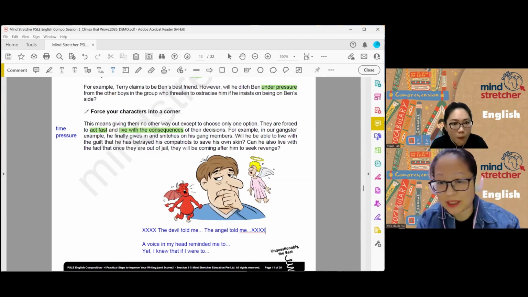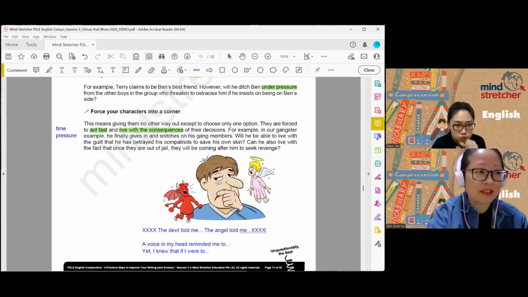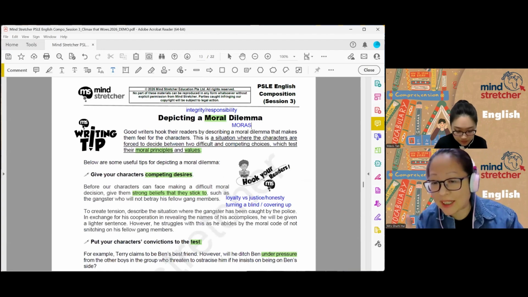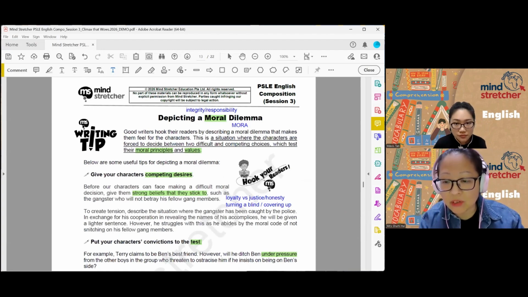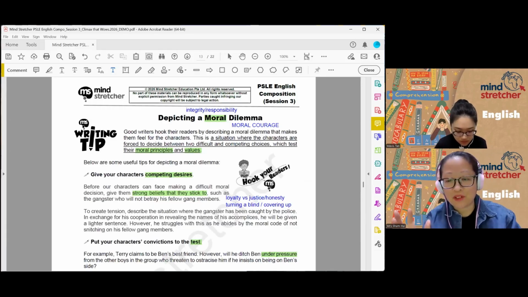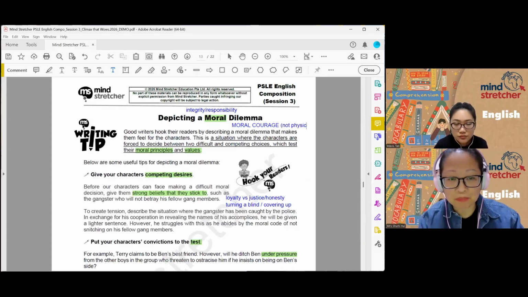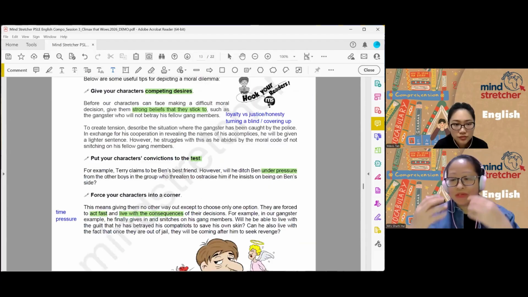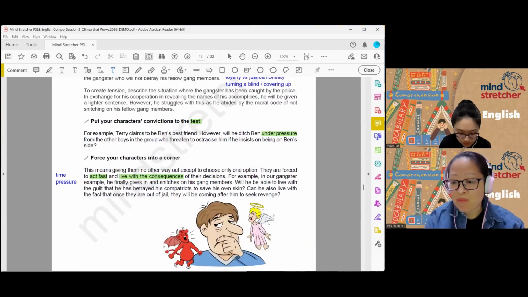It's not physical courage. It's not, should I run into a fire to save the kitten or just walk away? It's not that kind of courage. It is the courage to do what is right, even if you were to lose all your friends or not be popular anymore, or even owning up to your own faults. There's a risk that for those who are prefects, you might get stripped off your rank, right?